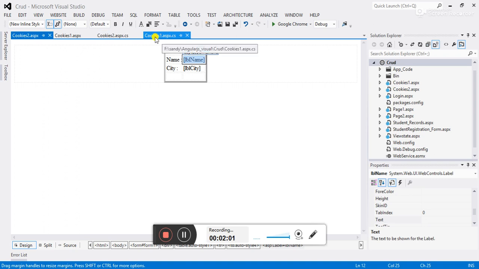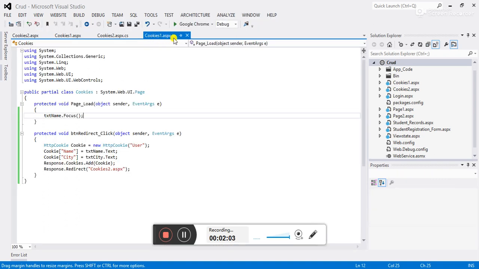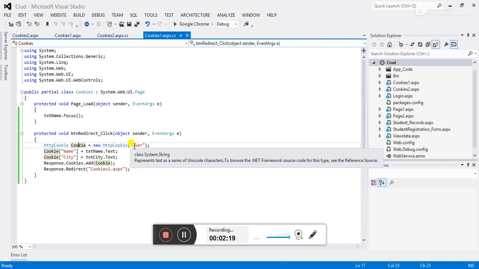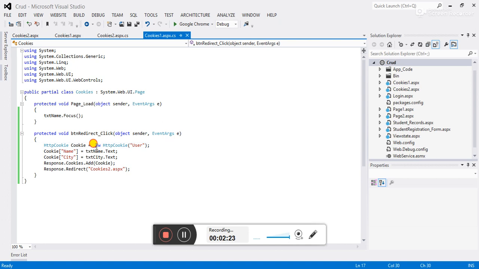Now go to the first page .cs file. To create the cookie object, we have the class name HttpCookie, and this is the cookie object, and we have to pass the name of the cookie. This is the constructor, and it can accept the value.